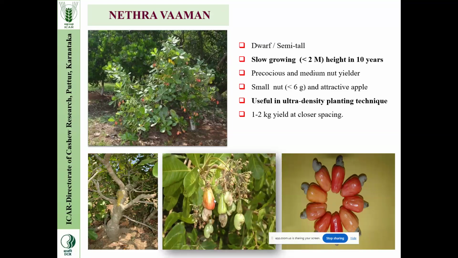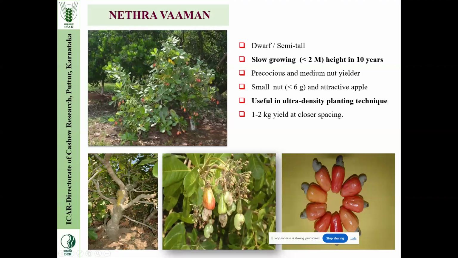We can see small size nuts, less than 6 gram, with attractive red color apple, and it is useful in ultra high density planting techniques. So we can adopt this variety, and the maximum yield we can see is 1 to 2 kg at closer spacing. Here we can see the dwarf stature of the plant and attractive red apple with the